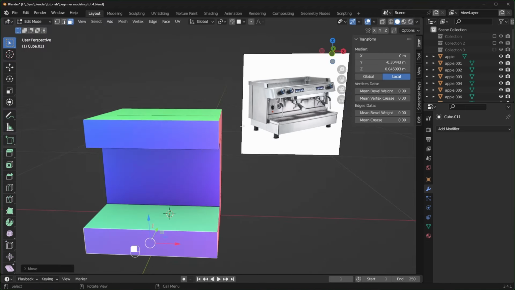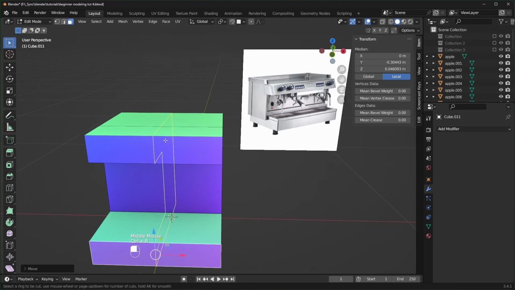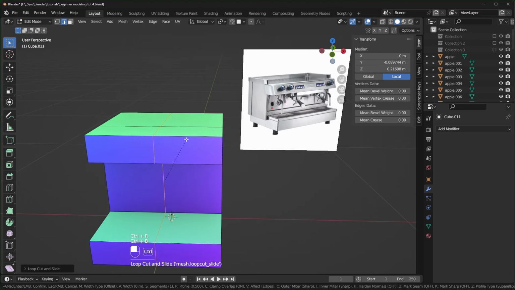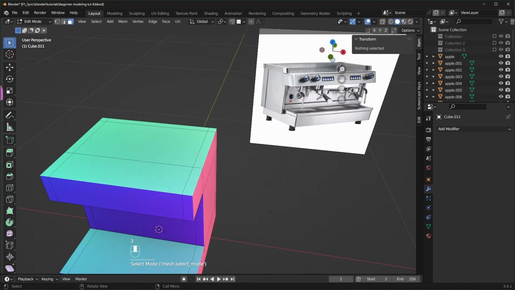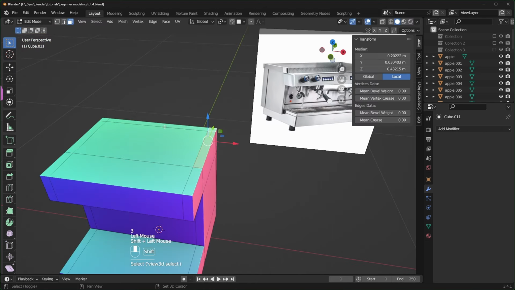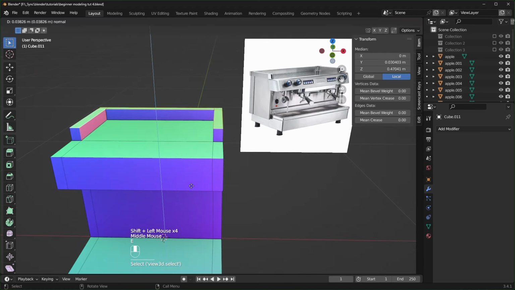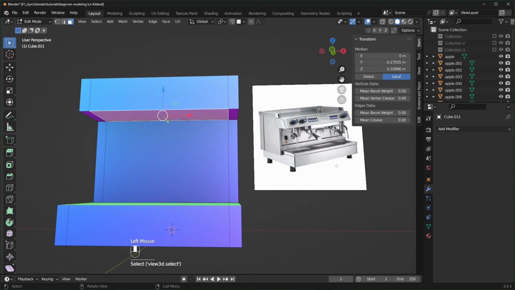If you want this top lip right here, we can do that with another loop cut. So Control R. Let's bevel with Control B. Let's add another loop at the back with Control R. 3 for face select. And let's just select some of these faces right here at the top, and we can press E to extrude that upward. But let's select this bottom face right here, and I'll press I to inset just a little bit, and E